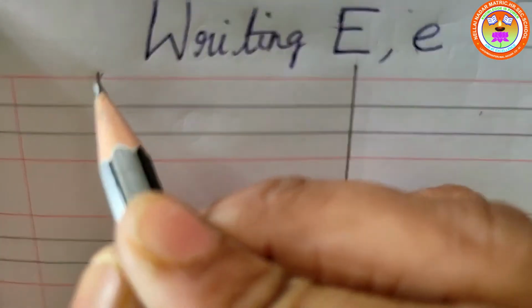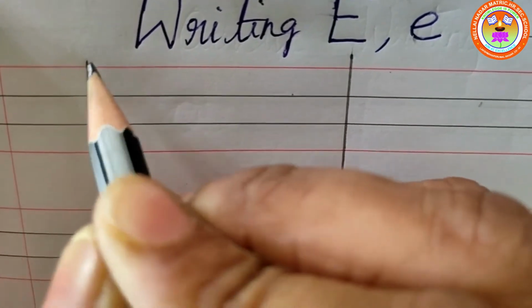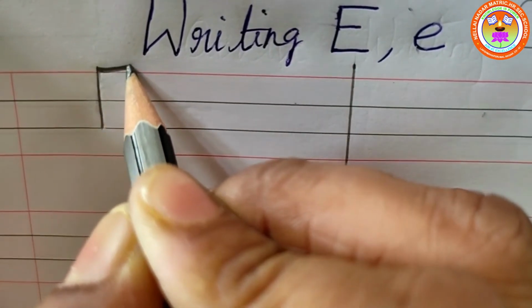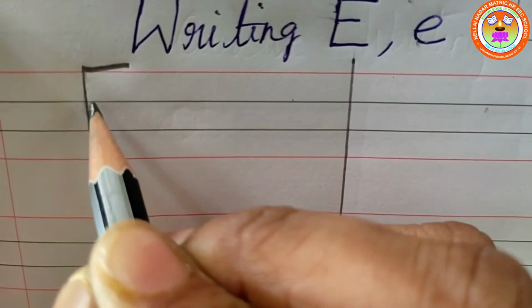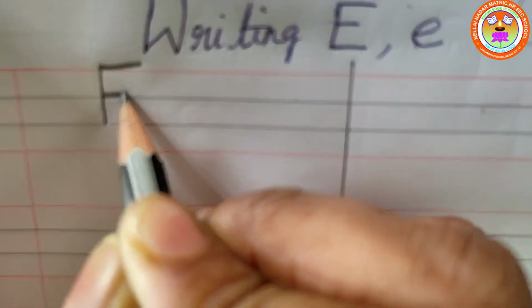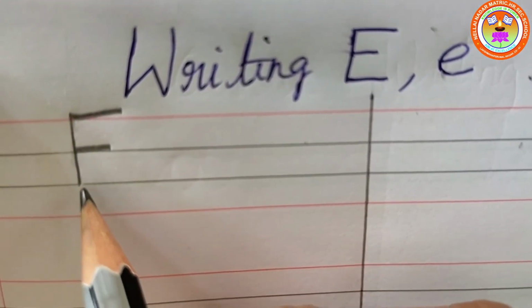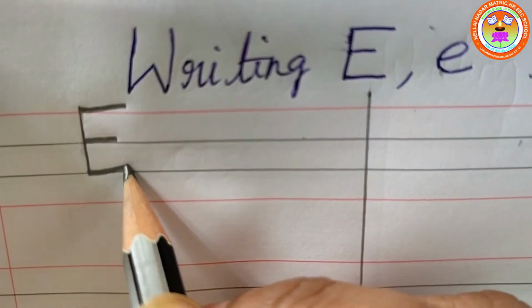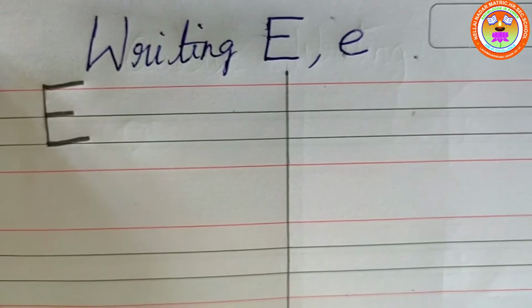Again, you have to touch the standing line. At the top of the standing line you have to touch and put one sleeping line on the red line like this. Okay children, and then another sleeping line in the first blue line. Okay, like this. Sleeping line should be small. Okay, and then in the third blue line again put another sleeping line like this. Okay children, this is capital letter E.